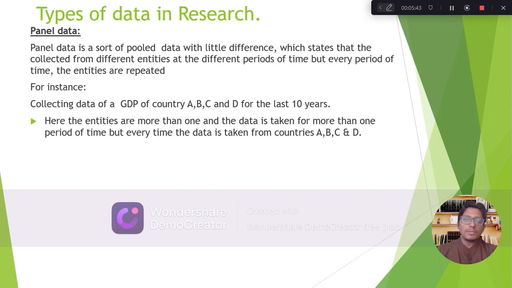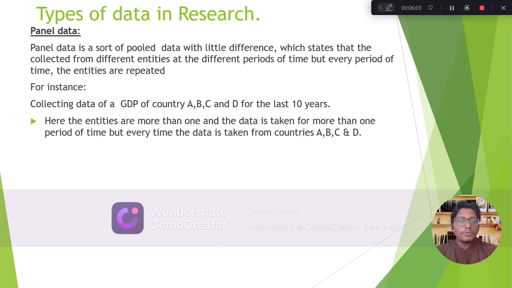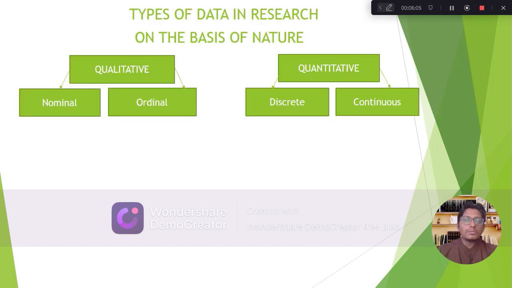Like if I name them A, B, C, and D, so every time the data will be collected from those A, B, C, and D countries. So entities will be different, will be more than one, but they will remain the same every time the data is collected. So that's the difference between panel data and pooled data. I hope it's clear to you now. Now let's talk about another